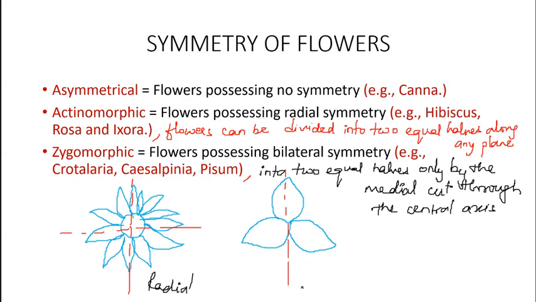This is also one topic in your syllabus. Actinomorphic is represented in the floral formula by a plus sign inside a circle, and zygomorphic is represented by the percentage sign. Clear? So here we end the class of the first topic. I'll come with the next topic, that is flower development. Okay, thank you.